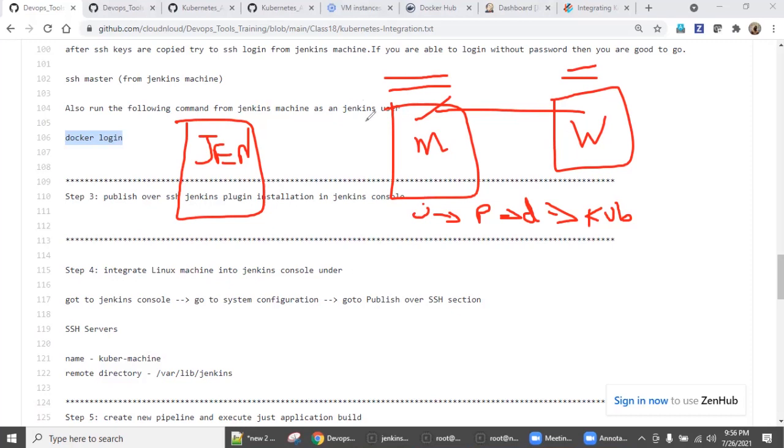So that's all you can have it. Now, we also need to attach this environment to the Jenkins machine. So simply install the Publish over SSH plugin. Also enable SSH here, log in, create SSH keys and exchange them. From here, it should not ask any password if I want to log in to my Kubernetes master. Then use this plugin, use this username, password or key to map it, and say test successful. That's it. So now we will proceed.